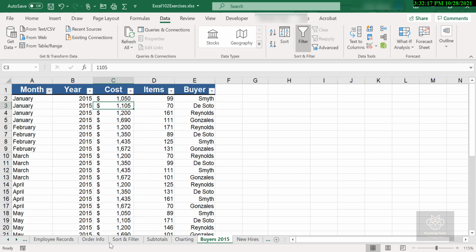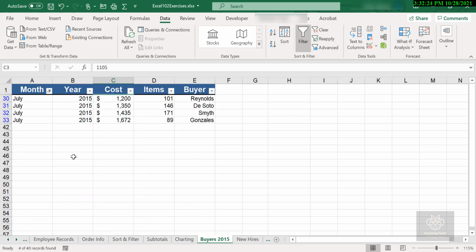I'll hit OK and that's it. It's that quick. Go to a little drop down, select what you need, hit OK. You have now got the July records and that's all I get. Now it's super easy to find those specific records. Now I'm thinking July is great, but I also want August. Let's get August into this mix as well.